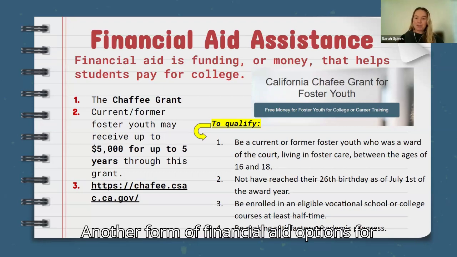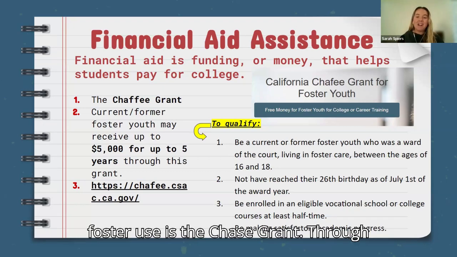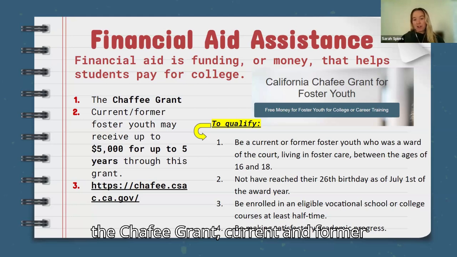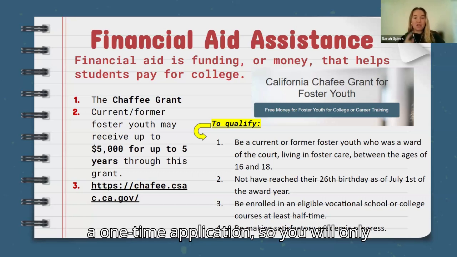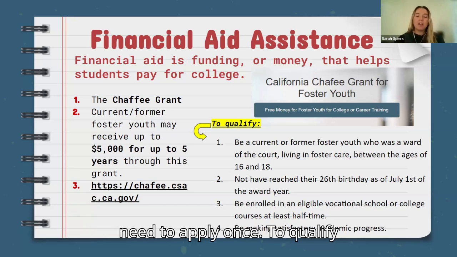Another form of financial aid options for foster youth is the Chaffee Grant. Through the Chaffee Grant, current and former foster youth may receive up to $5,000 for up to 5 years through this grant. This is a one-time application, so you will only need to apply once.